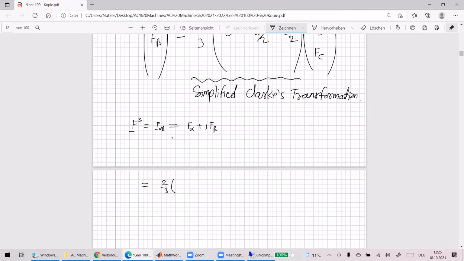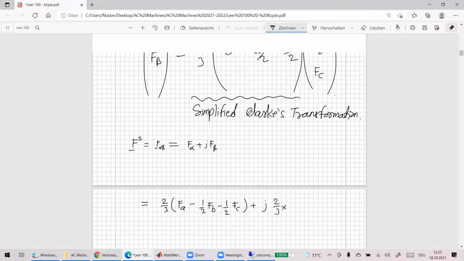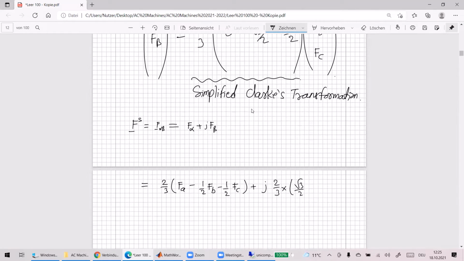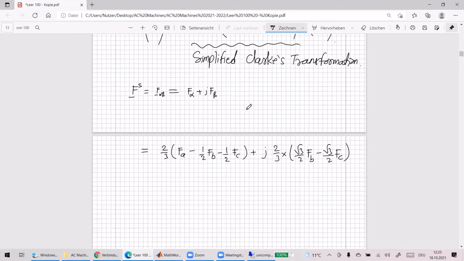So it is going to be 2/3 FA minus 1/2 FB minus 1/2 FC plus J 2/3 into, we have √3/2 FB minus √3/2 FC. And let's solve it, and for simplifying this,